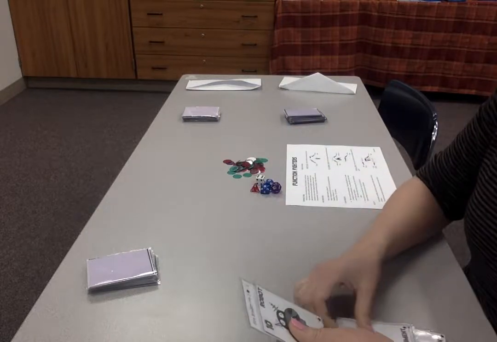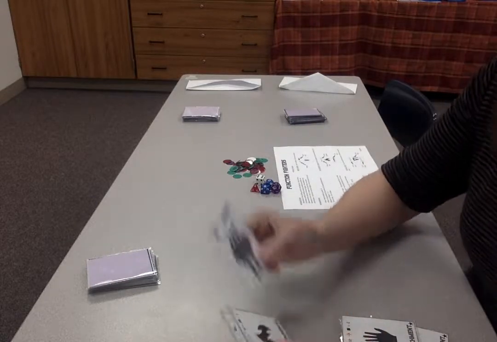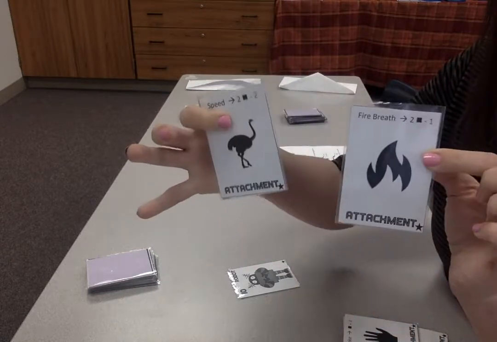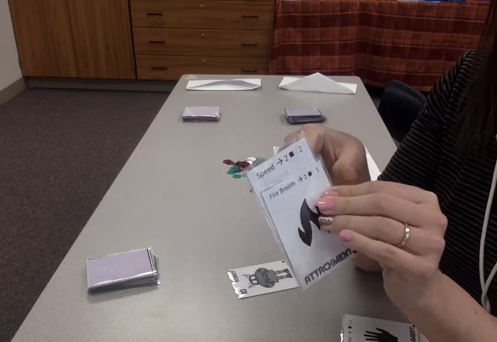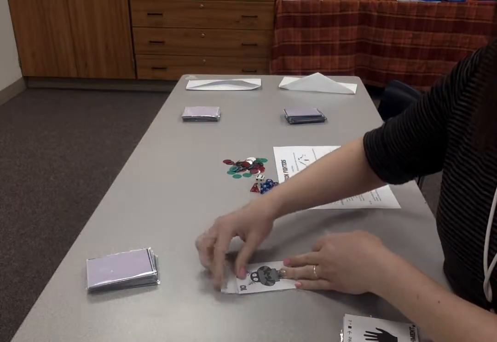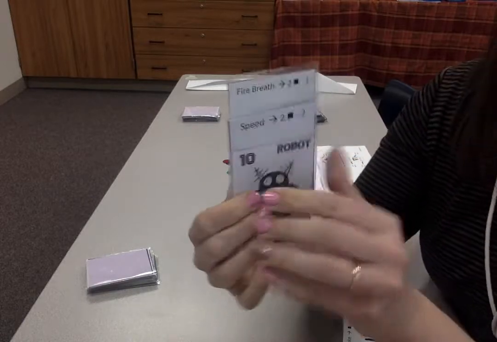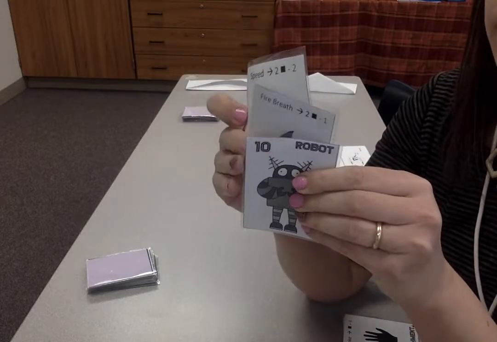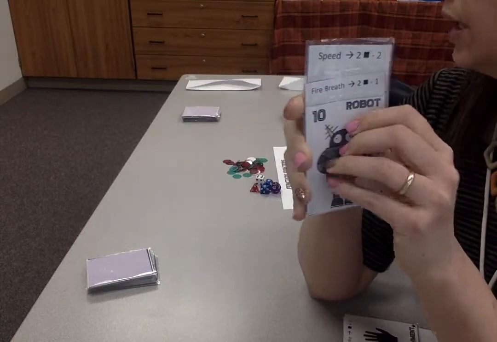Also, before we get started, I do want to talk about how you build a robot. Or a bot fighter, I should say. So you need a robot card, and then behind it you need 2 attachment cards. It doesn't matter if they're the same. That would be okay. But I happen to have 2 different ones here, speed and fire breath. Now, there is a difference. The order matters that you put it behind. So there will be a difference between having the speed one and then the fire breath versus, if I switch the order here, having fire breath and then speed. Okay, so let's just talk about